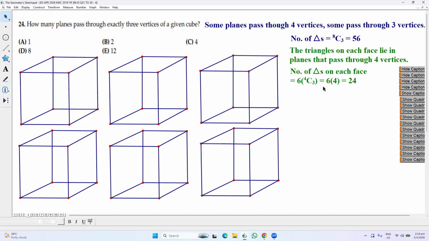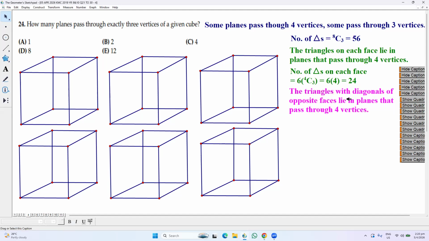So we don't want this type. We want those that have exactly 3 vertices. So we must subtract. Here is some of this 56. Some have 4 vertices. Some have 3 vertices. Then the next type,